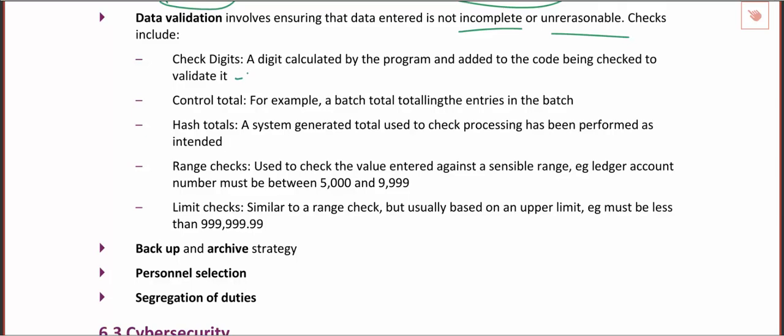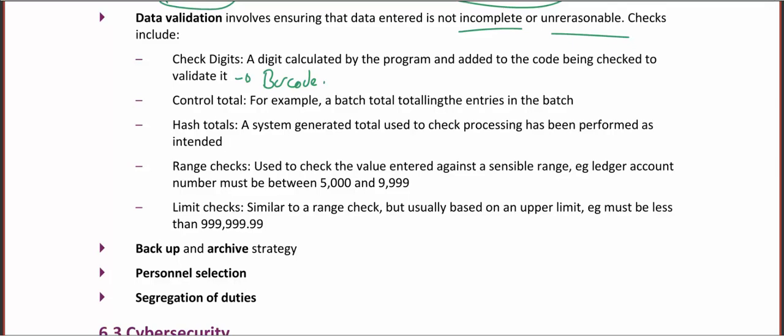So for example, if you were to look at the last digit on a barcode, that last digit isn't actually used to identify an item. It's used to ensure that the preceding numbers in the barcode are valid. So it performs a calculation on the, I don't know, 7 or however many numbers come before that last digit, and the answer is going to be that last digit. And if you're at all interested, there's lots of websites you can go on and type in the preceding numbers, and it will tell you what the last number must be. And this way, the system knows that it's a real barcode.